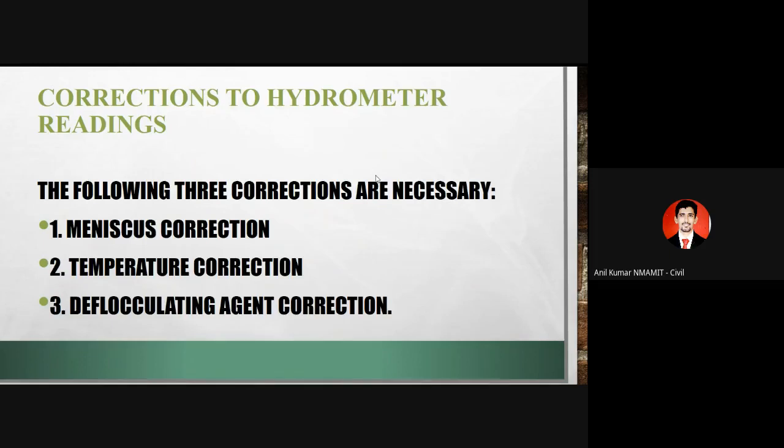Next one, temperature correction. As I told, the temperature will vary. We have to take a temperature of 27 degrees Celsius, right? It may not be 27 always. Somewhere else it may be 30, or somewhere it can be 25. So there is a correction, either higher or lower. The temperature correction with respect to the calibration can be positive or negative, plus or minus, depending on the temperature.